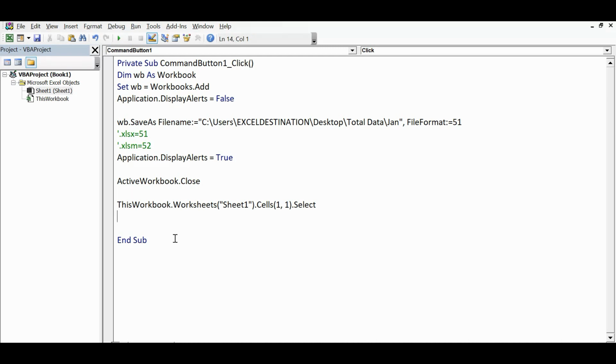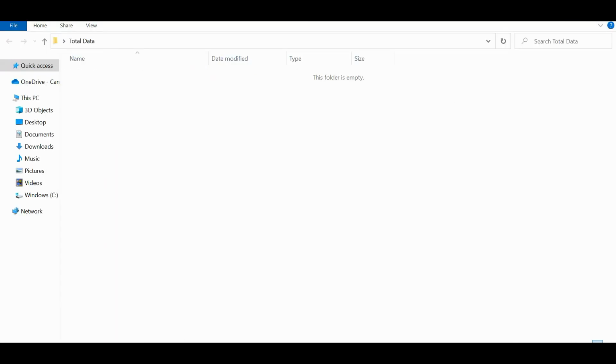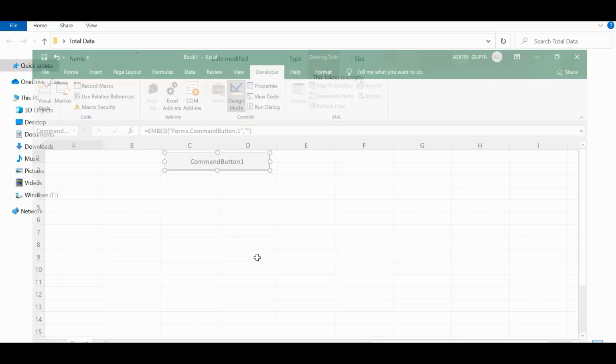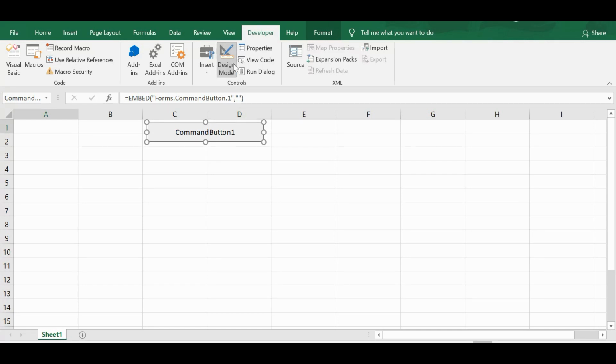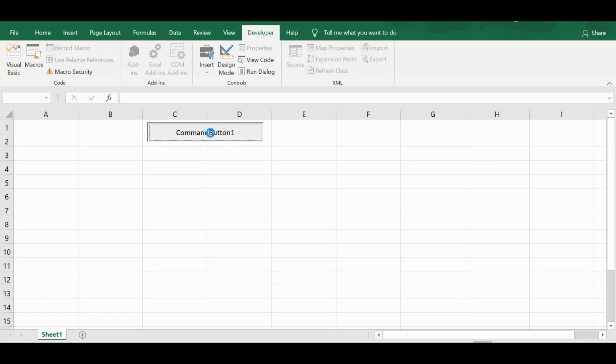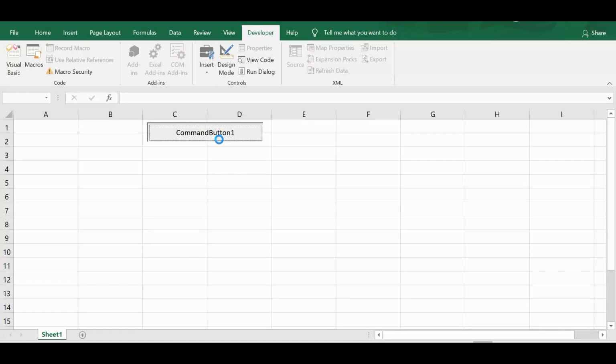So we are done with the code. Let me minimize this VB editor and go to the sheet. Let me click on Design Mode so that we are out of design mode. Now if I click on this command button, I am expecting a new workbook to be created and named Jan, and then cell A1 should be selected, and that is selected.